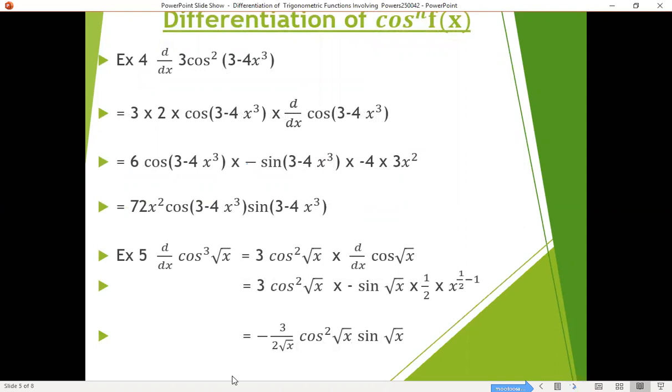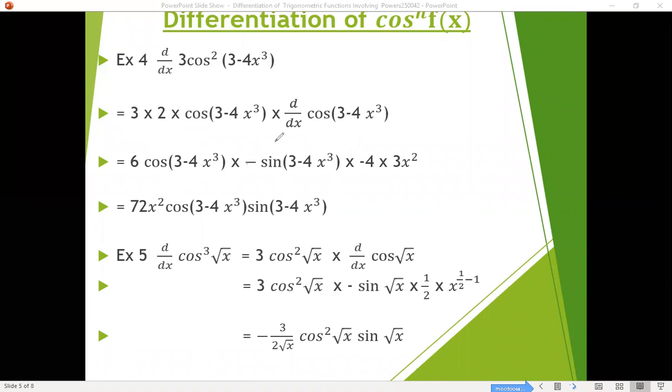So our next example would be the derivative of 3 cos squared into bracket 3 minus 4x cubed. Same rule: take the constant, multiply by the power, subtract the power by 1, multiply by the derivative of the cosine function, that is the derivative of cos 3 minus 4x cubed. So here you have 6 cos into bracket 3 minus 4x cubed, multiplied by